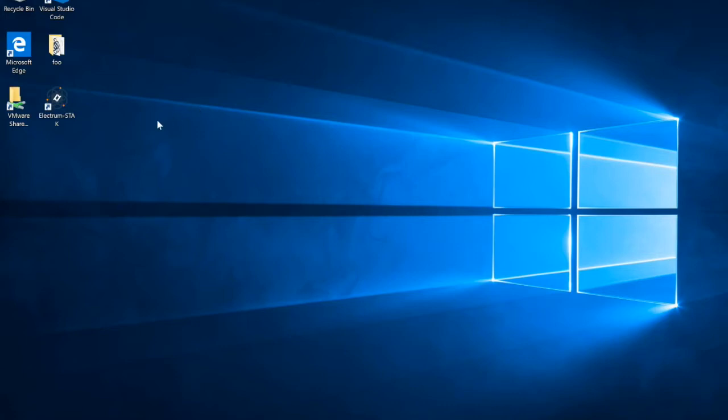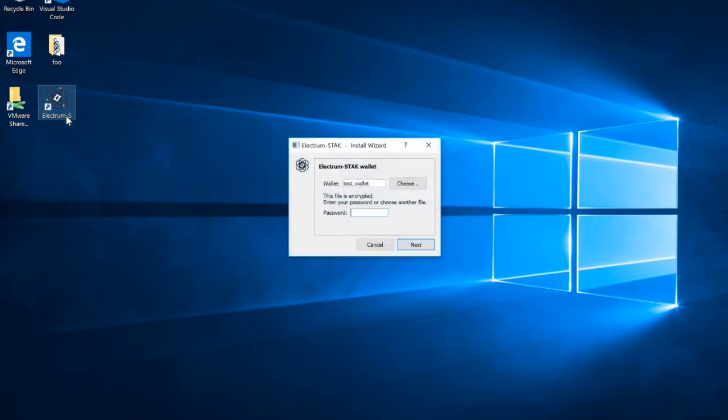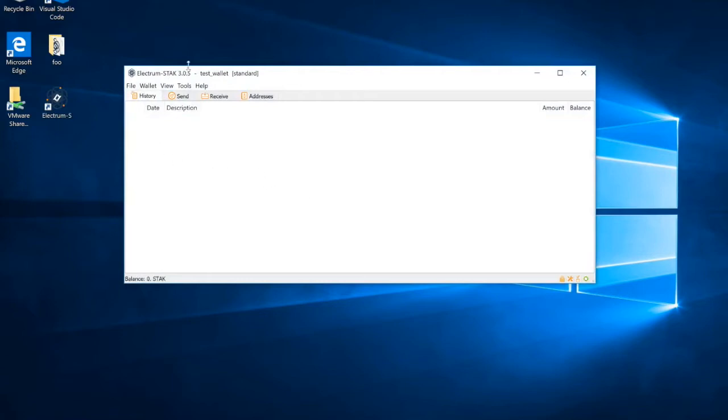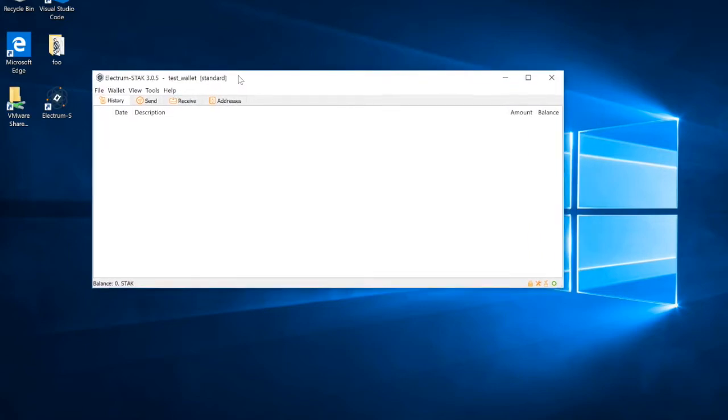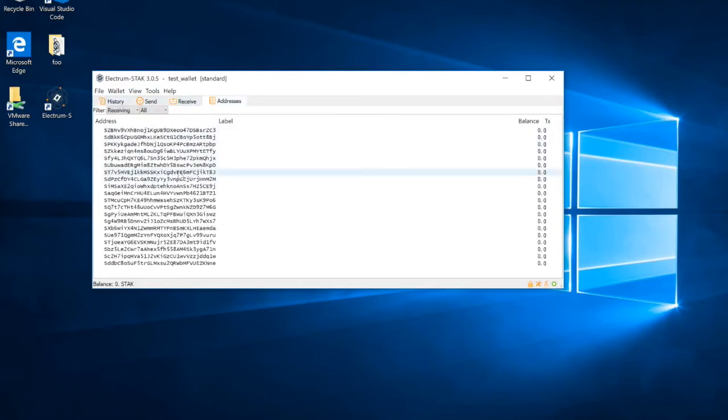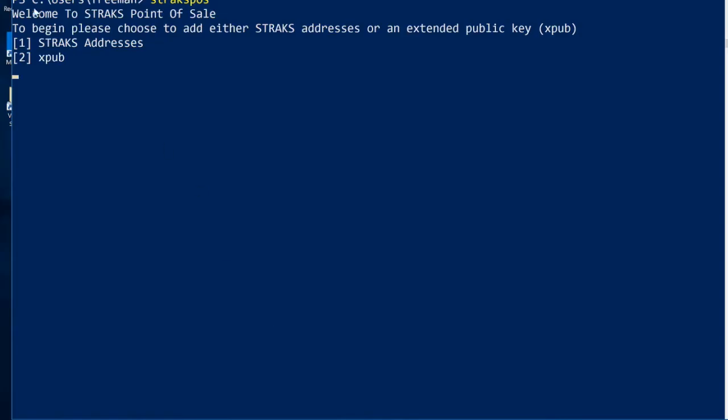Alright, so I'm going to go ahead and open my Electron Wallet. And I'll just enter the credentials for the test wallet that I created. And now, like I said, you're either going to want to use an extended public key or a list of addresses. So in order to get access to the addresses associated with this wallet, you can go to View. In my case, I already had it shown, but you can click Show Addresses and then go over to the Addresses tab. And what it's done is created a number of different addresses for you to use. So if we go back to the PowerShell terminal,